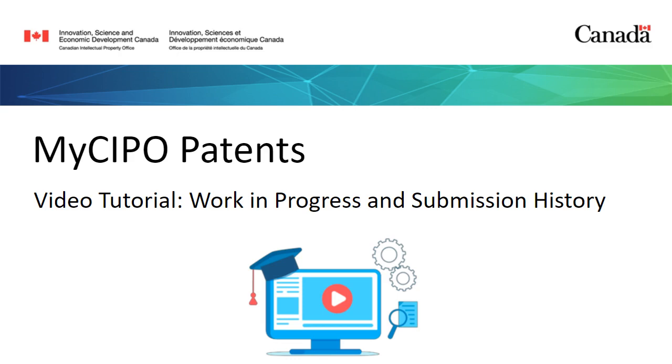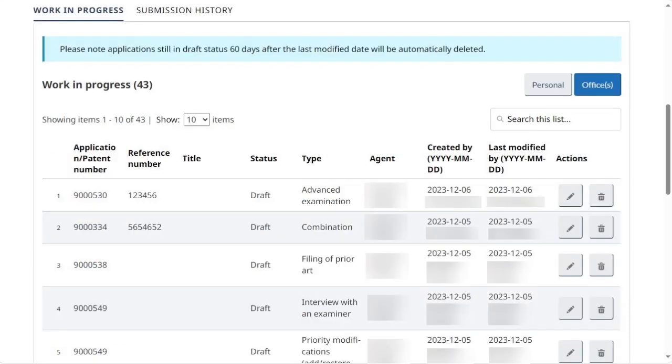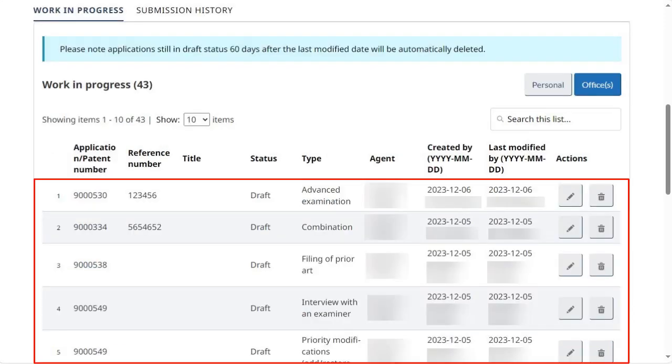This video tutorial shows you how to view and manage drafts and submissions in MyCIPO Patents. From the home page of MyCIPO Patents, let's go to the Work in Progress tab. The table under the tab will allow you to locate, edit, and delete drafts that have not yet been submitted